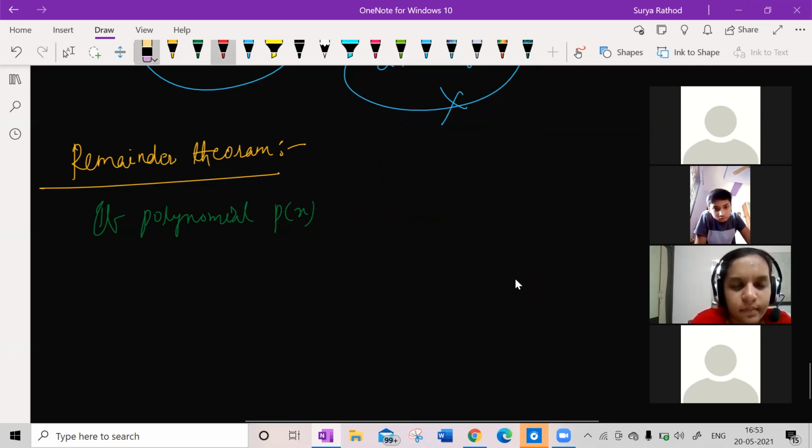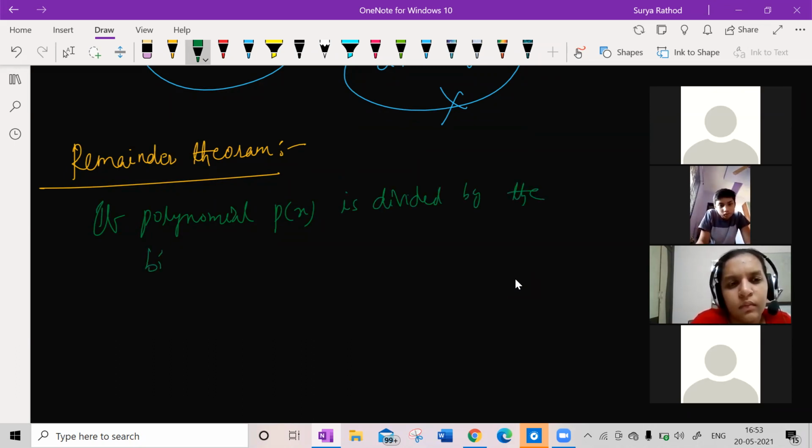Any polynomial you can take. If a polynomial p of x is divided by a binomial, let us say x minus a, any binomial, it could be x minus 2, x minus 3, x minus 4, anything. Here a means any real number. Divided by a binomial x minus a, the remainder